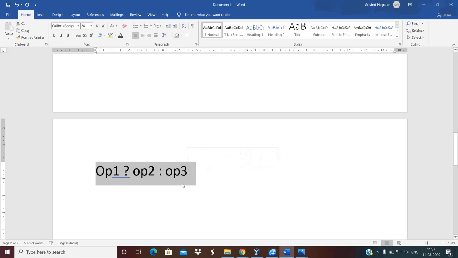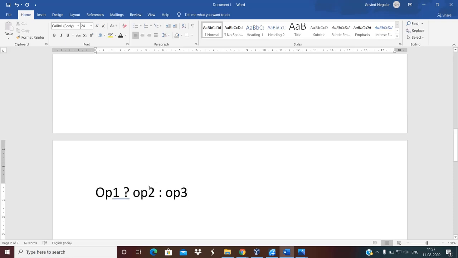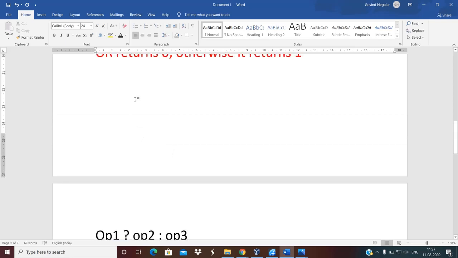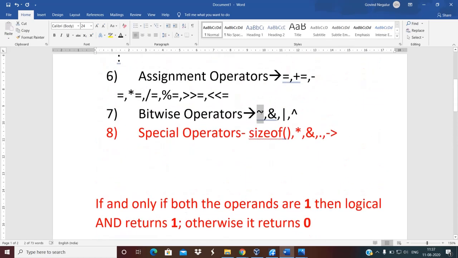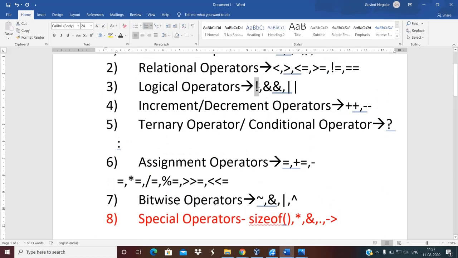Whatever operators you see in the C programming language, they are most of the time a unary operator or binary operator, but this one is a ternary operator. So most of the operators are either unary or binary operators. All of your arithmetic operators and relation operators are binary operators. But the not symbol, tilde symbol, or the exclamation mark, the not symbol, is a unary operator.